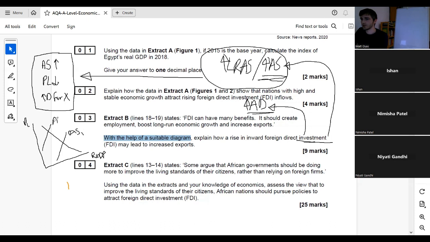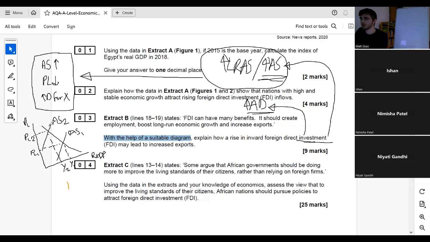Just as a reminder of how you need to think about it, changes on the x-axis indicate changes in employment and growth. So what's happening on the x-axis can link really nicely to the objectives of employment and growth. What's happening on the y-axis can link really nicely to the objectives of inflation and trade. Trade, of course, includes basically demand for imports and demand for exports. So that's all I'm doing here.